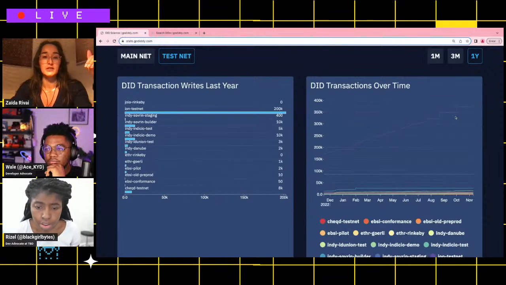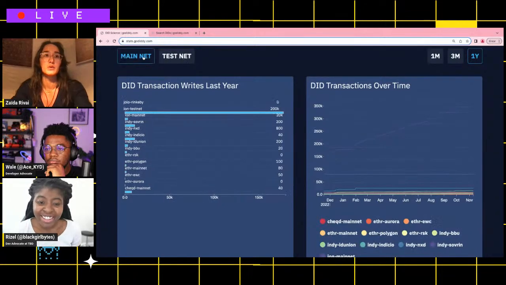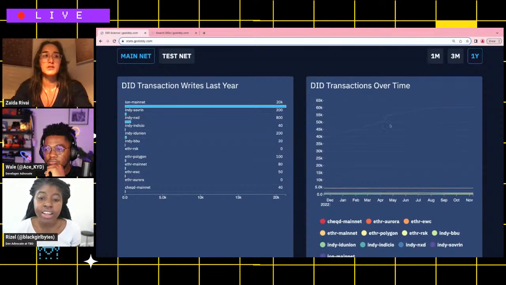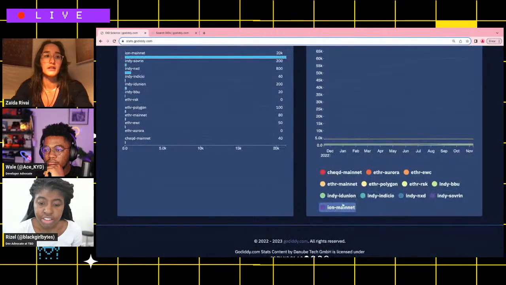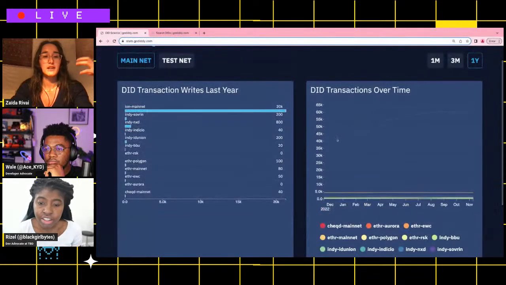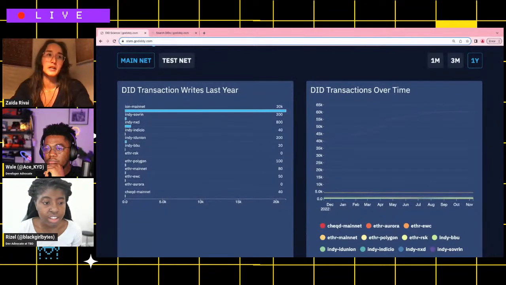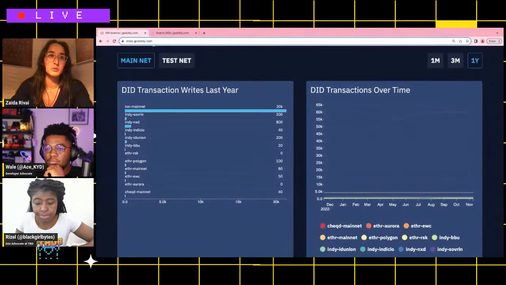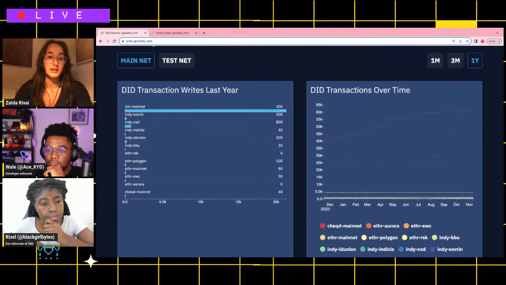But this is all the testnet, so no one is really earning money from this. Now we can go to the mainnet, and that's where people pay. We do see, for example, an increasing line for all the DIDs on the ION mainnet network. From a data scientist perspective, this is of course too little data. There's no seasonality, and it's very hard to really make a conclusion here. But maybe if we have more parameters or more data, we can do some predictions and see if testnet activity is a predictor for future mainnet activity.